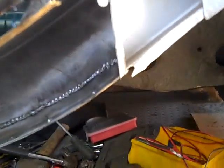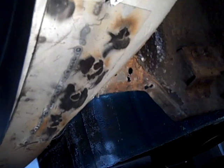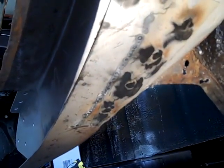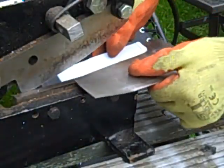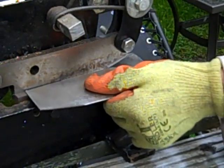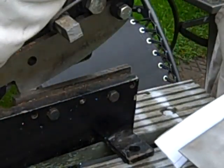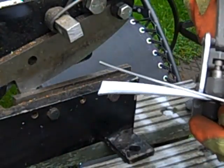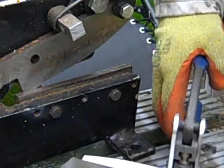And I've also just ground down the plug welds underneath here, so that when we come to put the front suspension mount in, it will sit flush on this. So we're just guillotining the template that is going to allow us to make the indentation into the inner step sill. We've just cut the two sides, we just need to cut the radius now, which we're going to use a 10mm